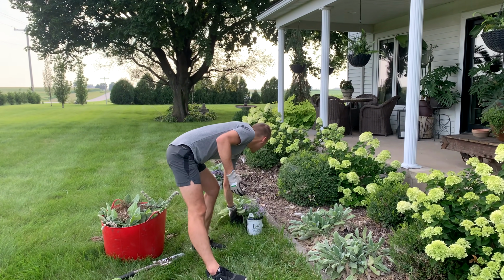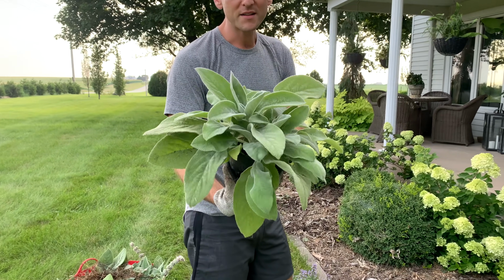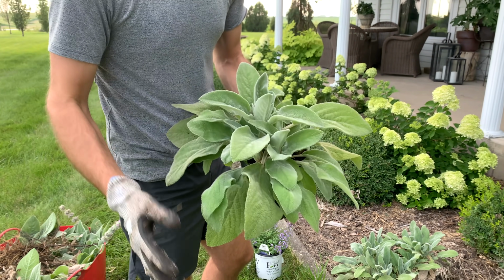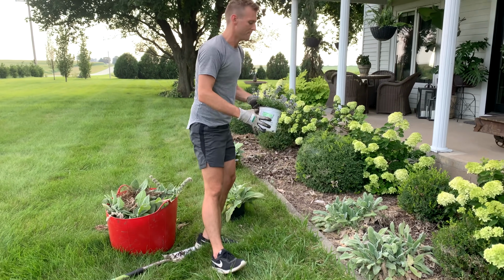And I want more of the ones that have just beautiful foliage and stay big, which, of course, I have some here. And this is exactly what I mean. See how these ones are just beautiful. They're Helen von Stein, and they get nice, big, beautiful, soft leaves and are prized and grown for their foliage, not for the blooms. So I'm switching some things out, taking some things that aren't doing well,